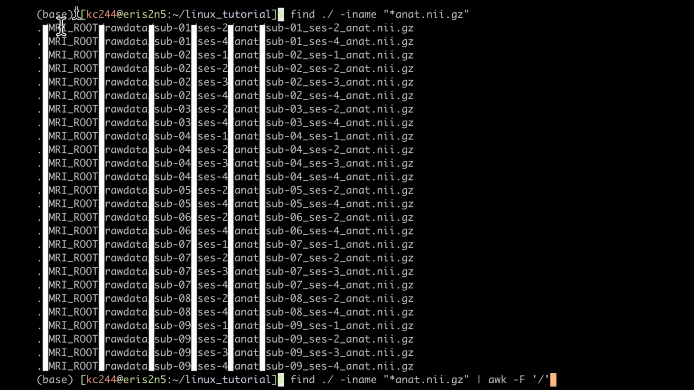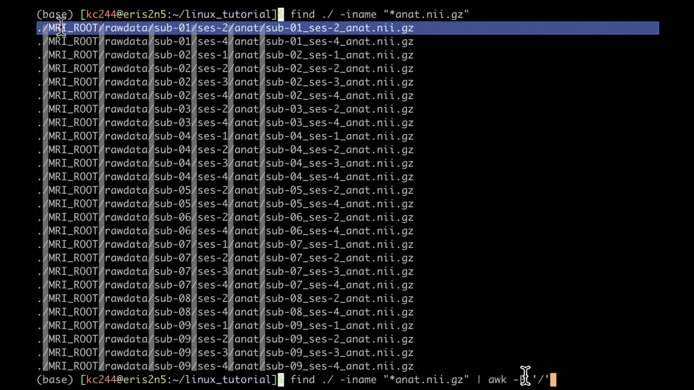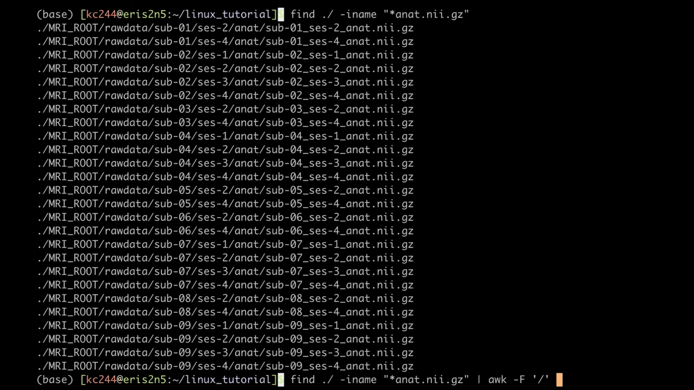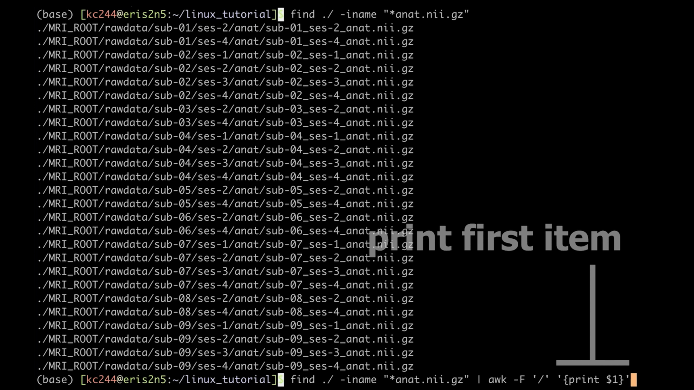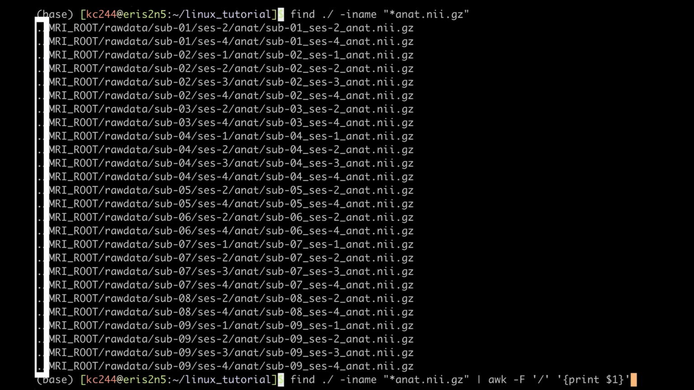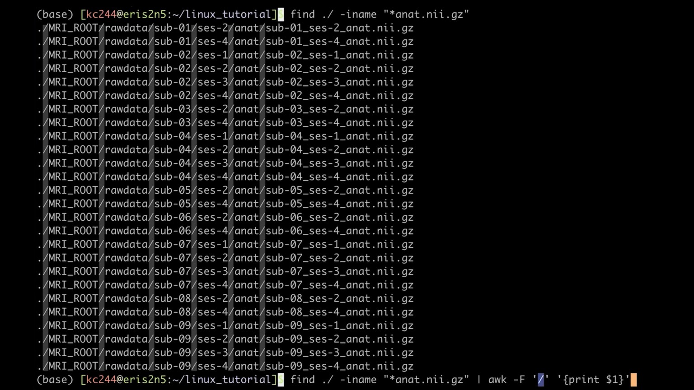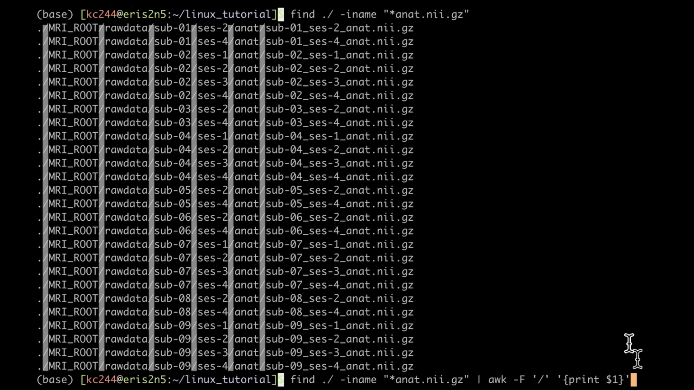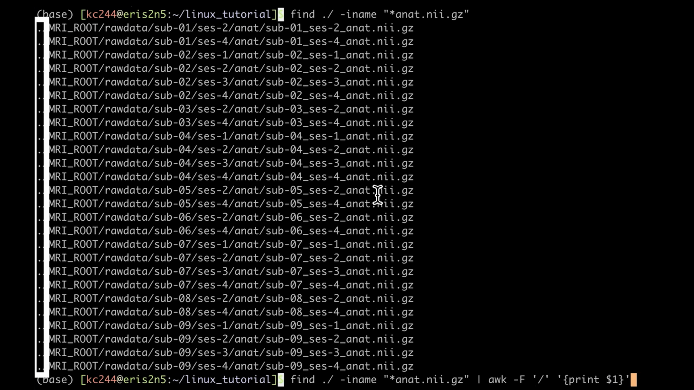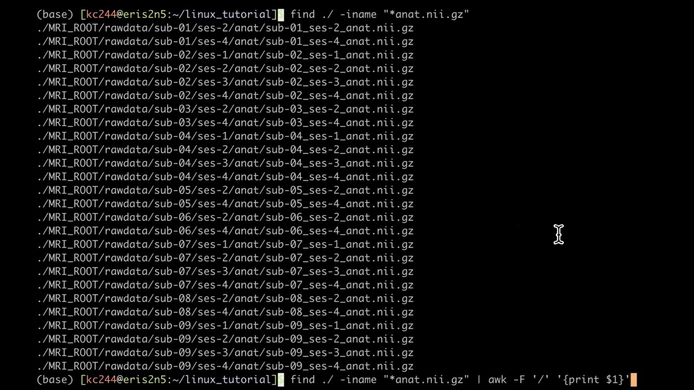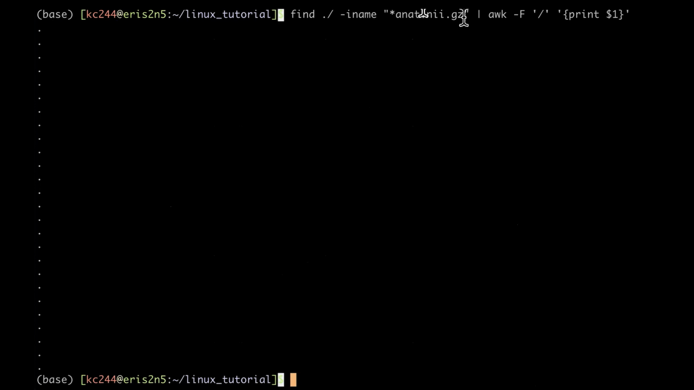I just want to split this line by this slash, and I want it to print the first item from the split. So from this line, I want to split by slash and get the first item. Let me try this. After it's finding the file, it is splitting the text by slash and giving me the first item,